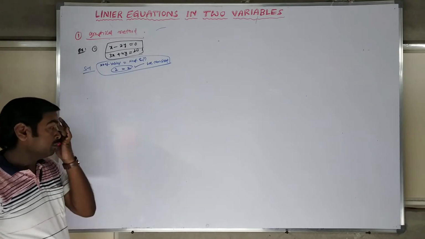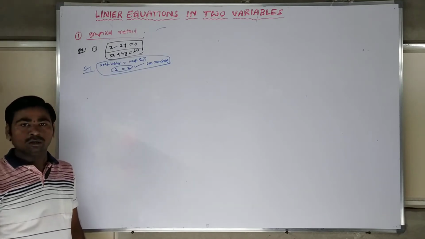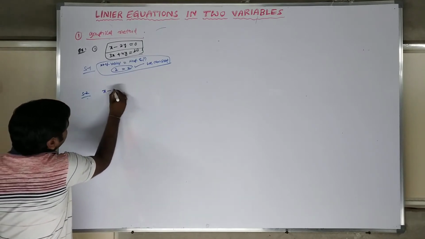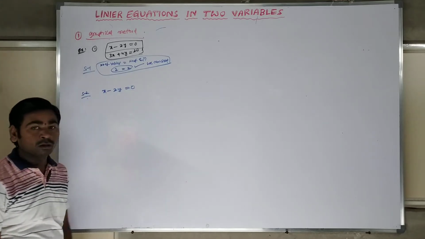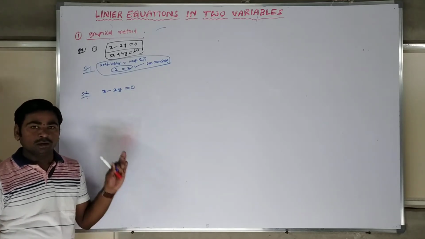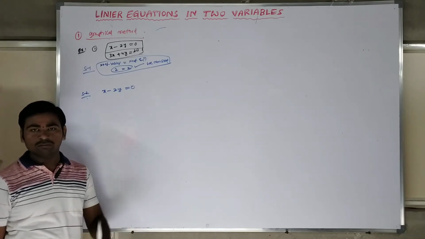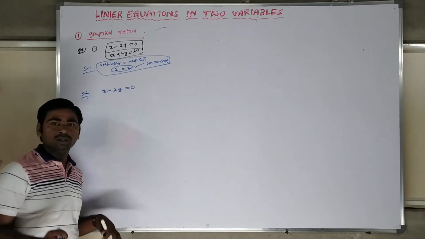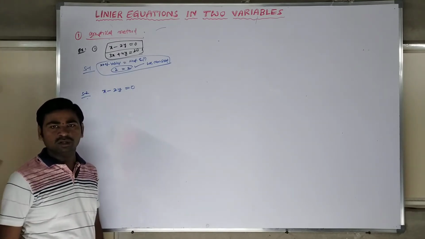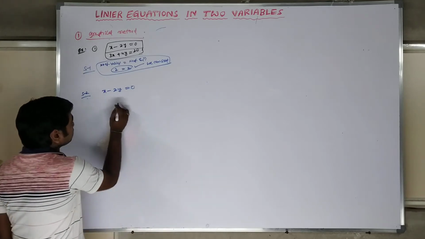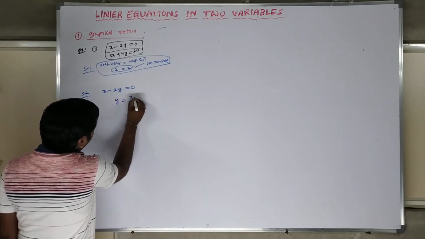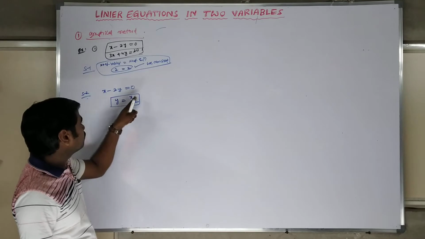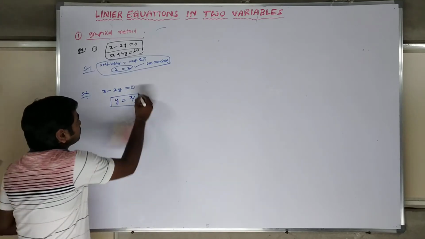Step 2, what we have to do is take one equation and draw the graph for it. First equation, step 2, take the first equation x minus 2y is equal to 0. From this, write y in terms of x or x in terms of y. Any one method is allowed, but take the easiest method. Generally we substitute x values and find the corresponding y values. Here I am writing y is equal to x by 2. From x is equal to 2y, I can write y is equal to x by 2 directly.